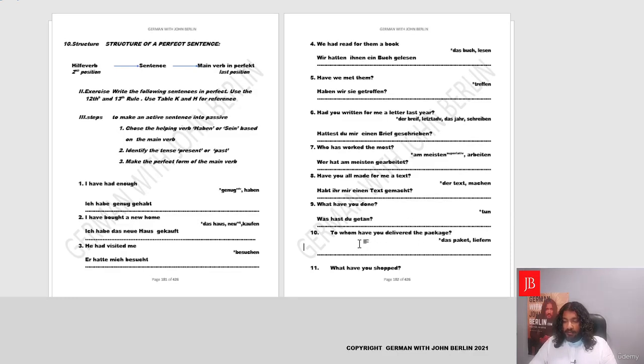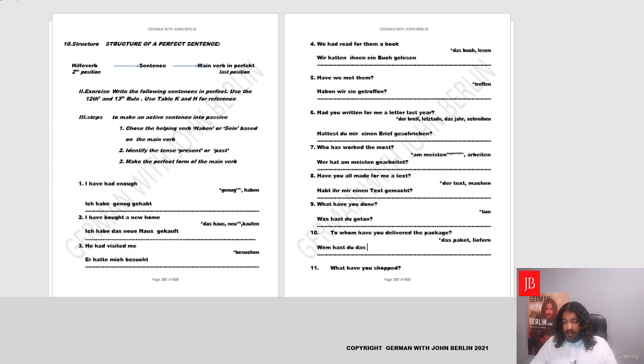Now, to whom have you delivered the package? Again, what is to whom? It's dative. How will we say to whom? It's basically wer, wen, wem, wessen. Yes. So here it's dative. It'll be wem. To whom have you delivered the package? To deliver has got no fundamental movement. The verb is haben, present tense, conjugated for you. Wem hast du